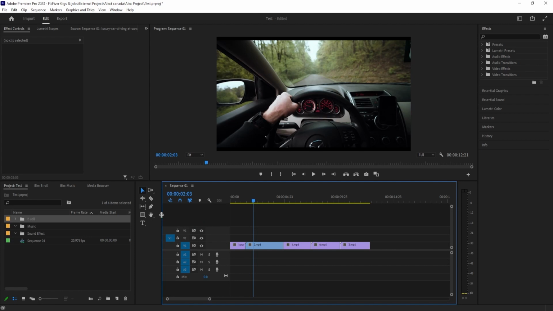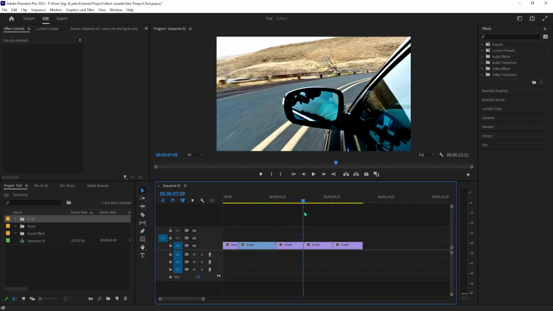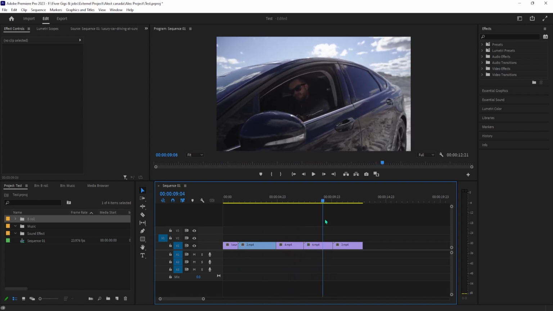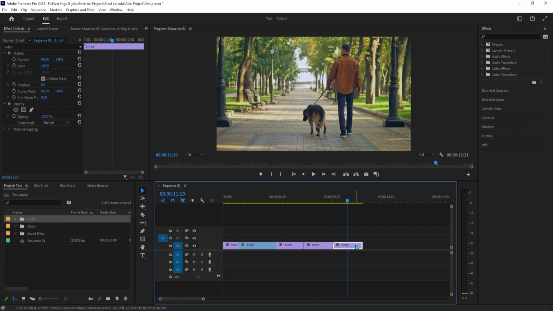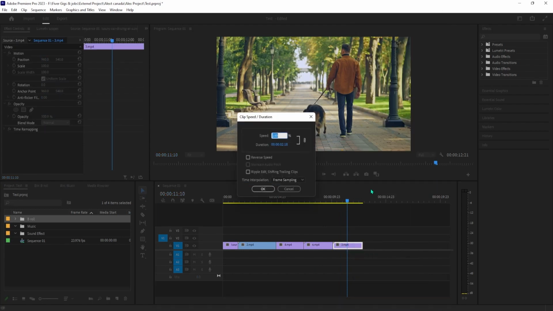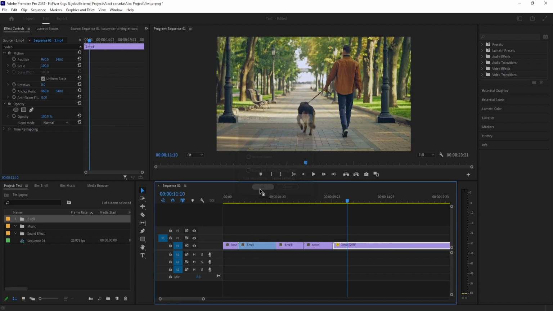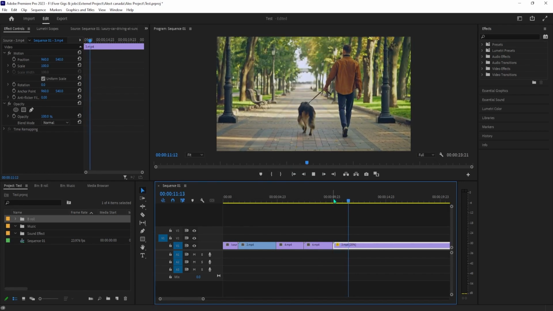Okay, so now I'm going to show you how you can speed up or slow down different clips very simply. You can see that I have this cool clip of my friend just walking in a forest. I want to slow this down. What I'm going to do is right click on it, click on speed/duration, and then I can slow it down. For example, I want to slow it down to 20%. And then I'm just going to click OK, and boom, you can see that now it is an amazing slow